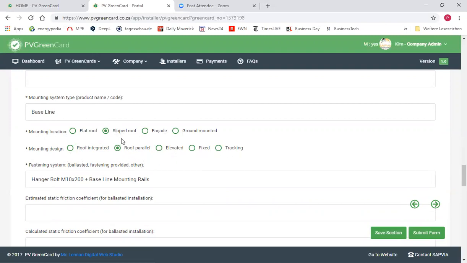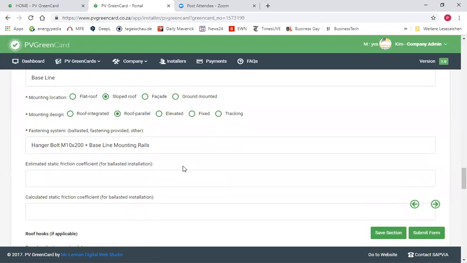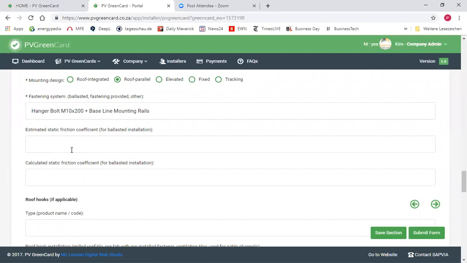As I said earlier, we have a roof parallel system on a sloped roof in this particular case, and it is attached to the roof itself via hanger bolt, and that's what I stated down here when you are asked for the fastening system. In case you don't have a screwed-in fastening system, but a ballasted system, so this is something that happens on flat roofs, for example, where you just have plastic troughs that are just filled with sand or other ballast to keep the modules in place,